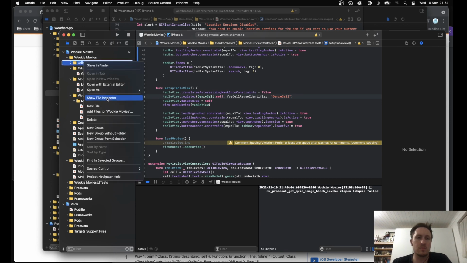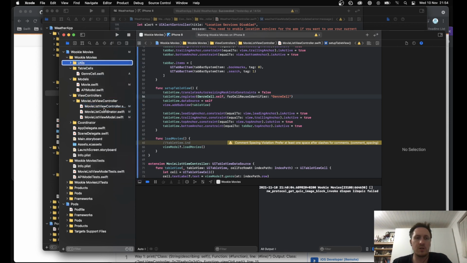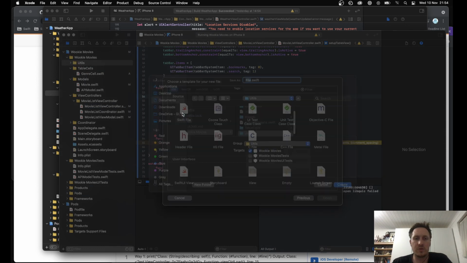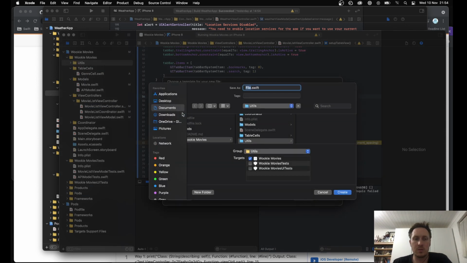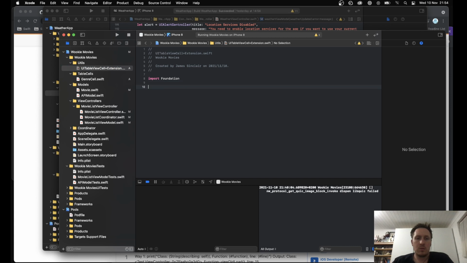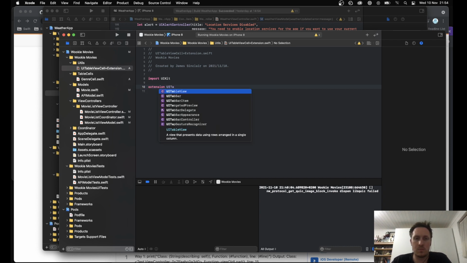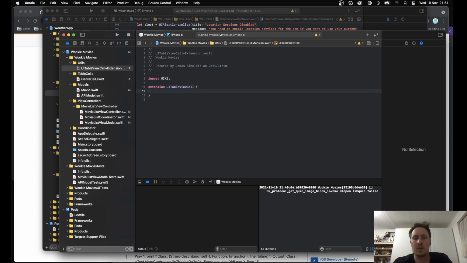Utils. New file. Swift file. And this can be cell, UI table view cell plus extension. We actually want UIKit here. Table view cell. Okay, and then I want